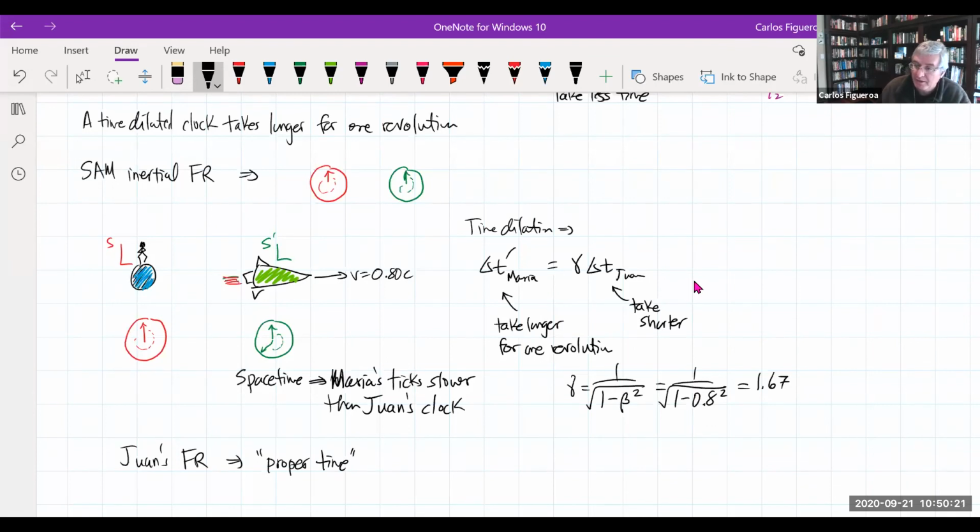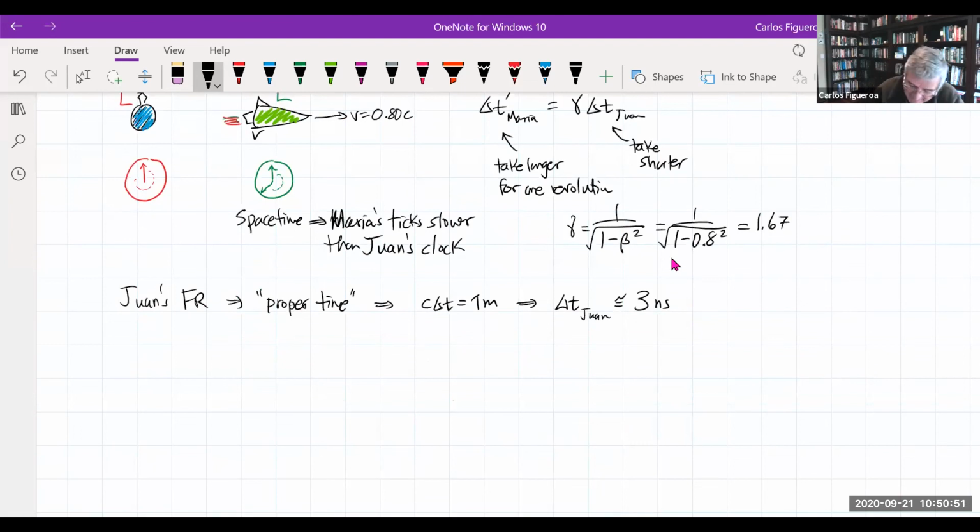And what does the proper time mean? That the clock is at rest relative to him. And according to this, a light clock travels 1 meter in this amount of time. And what's that amount of time? That means if I look at Juan's time, is then going to be about 3 nanoseconds. So if I look at Maria's time now,